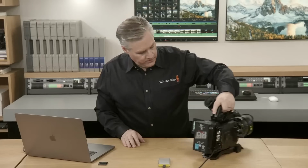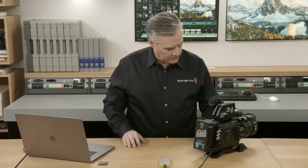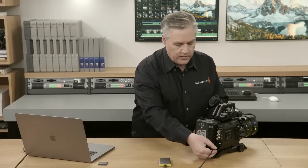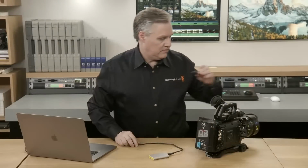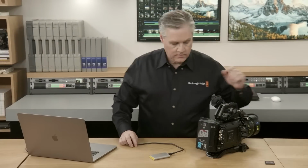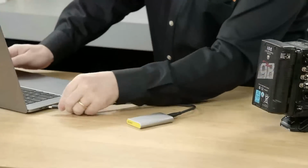So I'll move the camera back and get a bit more movement in there, and we'll stop recording. And now I can unplug the drive. I'll move my sensor out of the way and put it over here. So now I'll plug the flash drive in the computer,